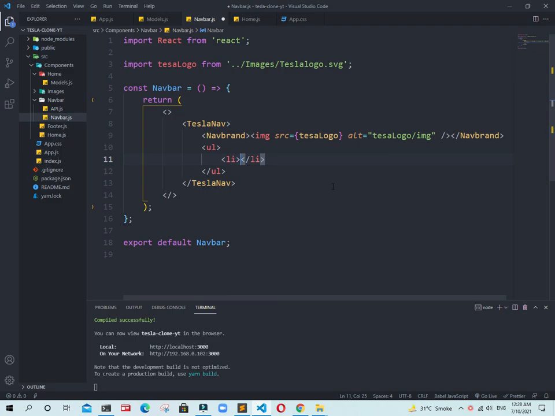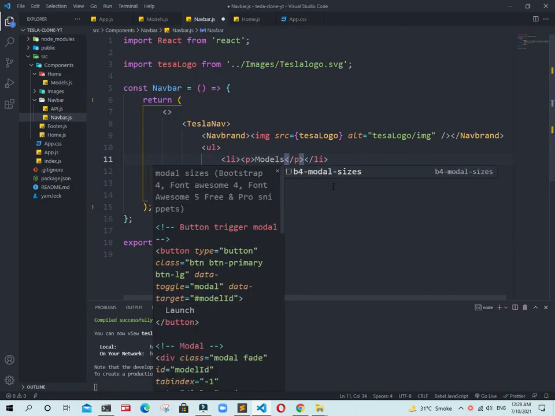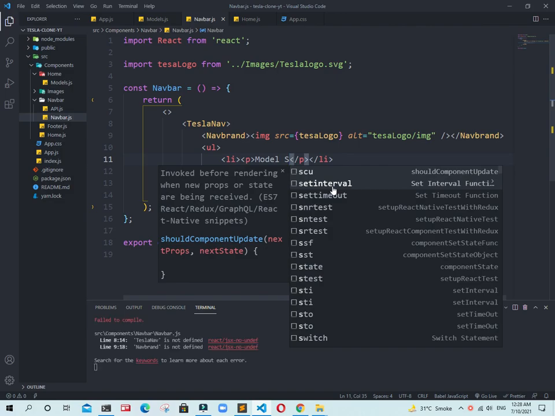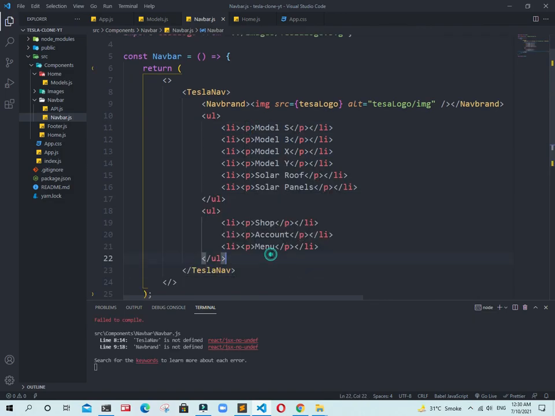I am not going to confuse you about React DOM, so I am not using it. In the next project we are going to use React DOM. Simply I am using the p tag for our navlinks, and I add one more class there, navlinks. We are using tags directly. Now just add the models. First we have Model S. After adding all the links, I just write these navlinks. You also need to write these navlinks.